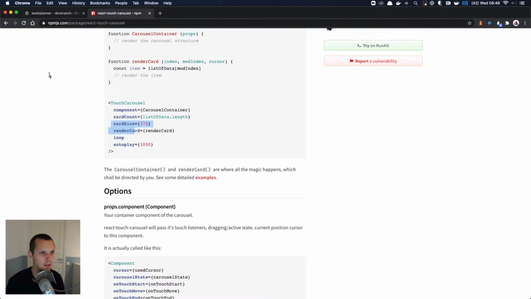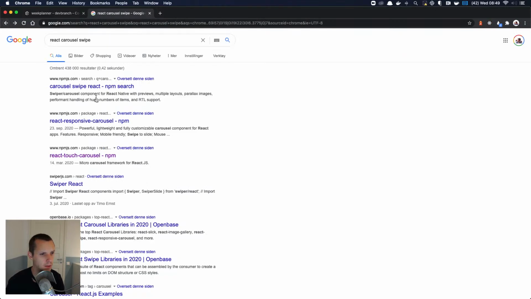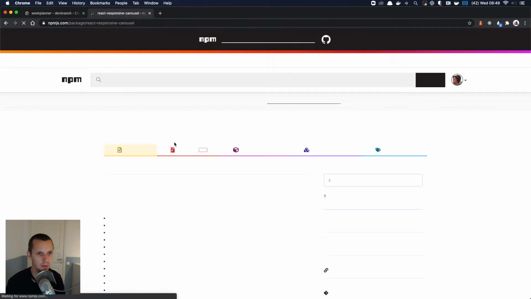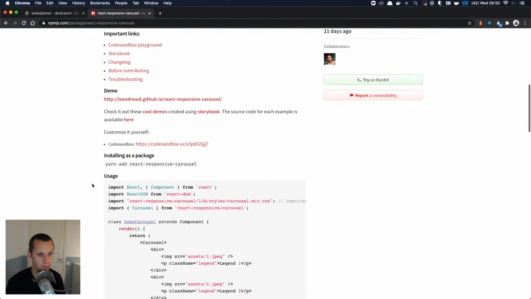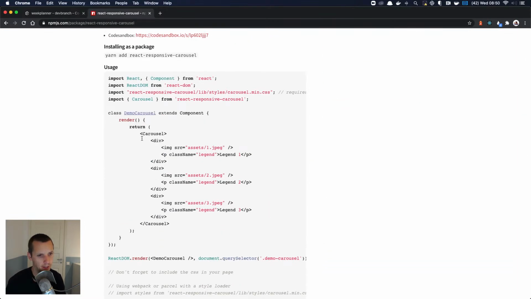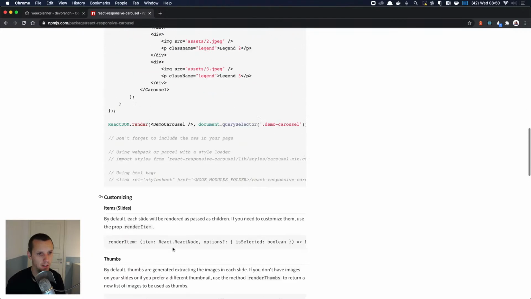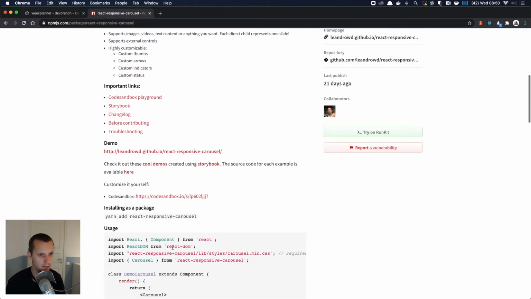Yeah, so we're setting a card size here. I really want this to be responsive, so I don't have to deal with that. Oh, yeah, this one was pretty popular. And I can just say carousel, give it different things, and then it seems to just work. Do they have a demo?